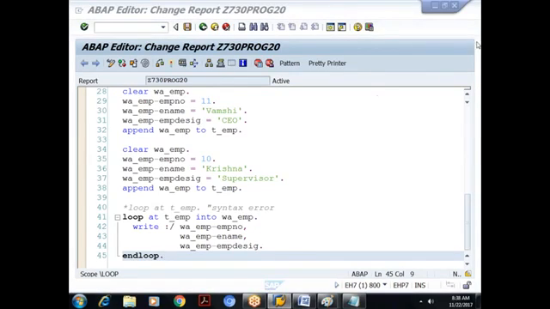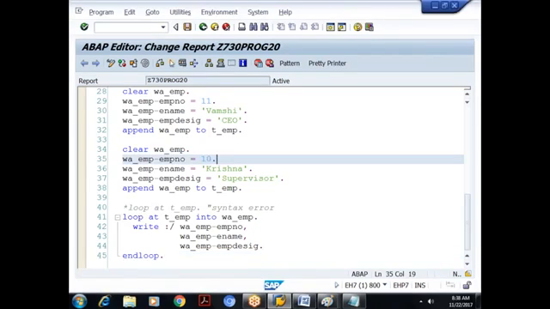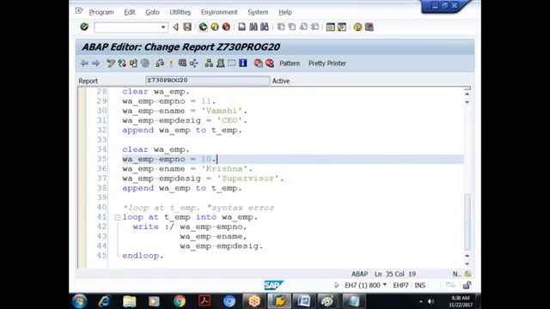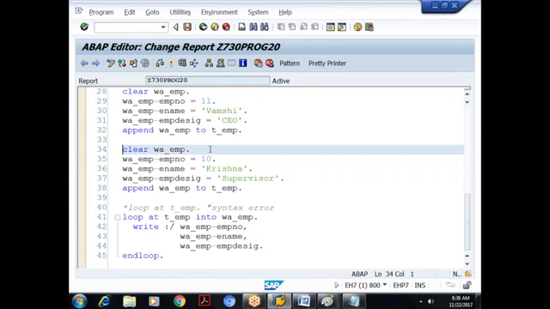Now let's continue from here. So when I execute this, I got the data, done. Okay. I'll do one thing. Let me store some more records.